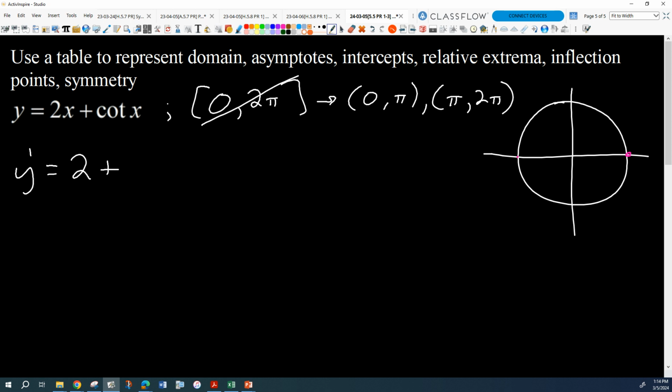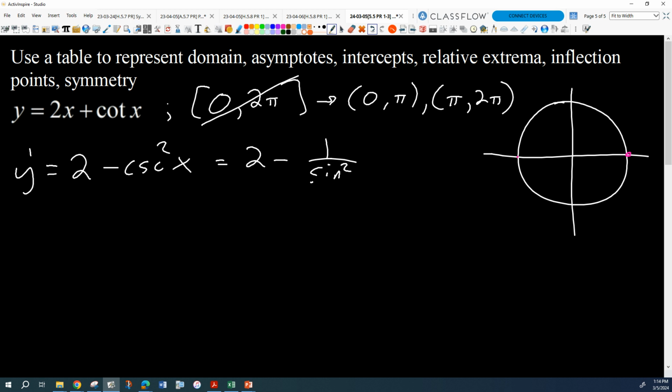Well, the derivative of tangent is secant squared. So the derivative of cotangent is negative cosecant squared x. Okay, so if we write that in terms of sines and cosines, that looks like 2 minus 1